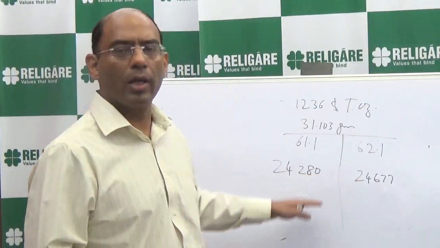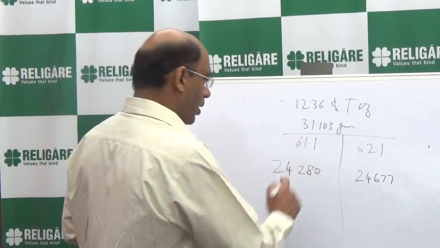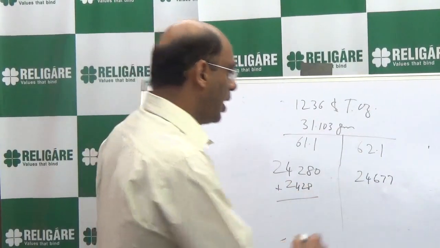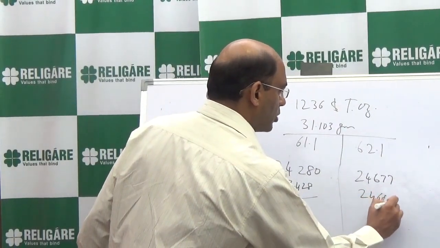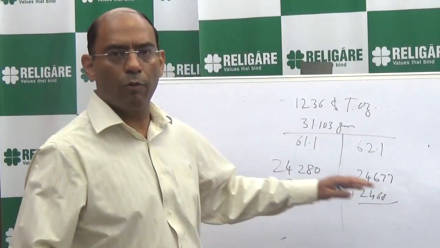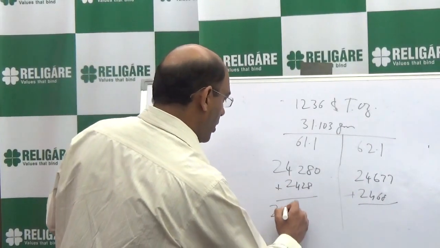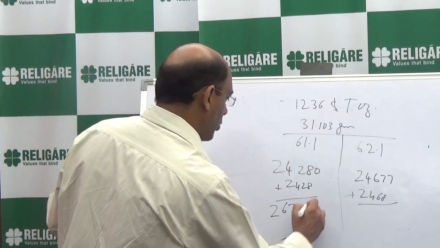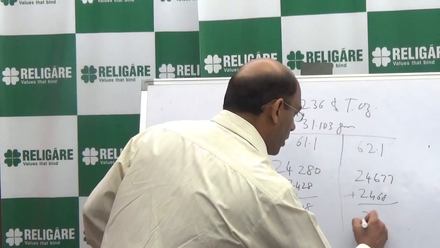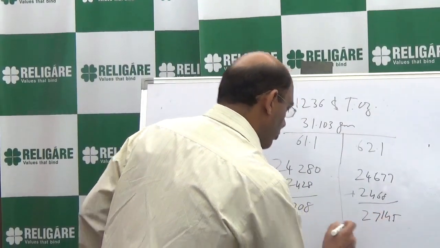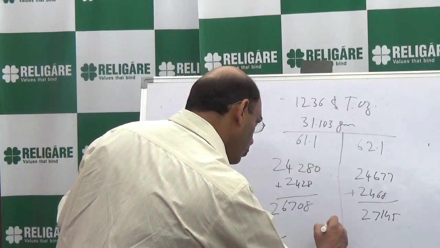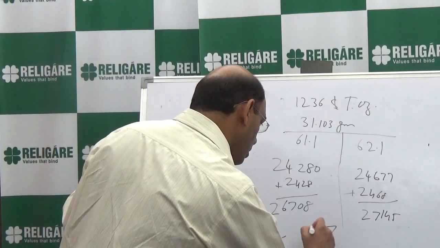Now in this, duty gets added, which is 10%. So I'm taking here 2428 gets added, and on this side about 2468 gets added. So this is the duty component which gets added, and if you add these two, this side you get a number 26708, and when the rupee is 62.1 to the dollar, it becomes 27145. Now you will see the difference between these two is